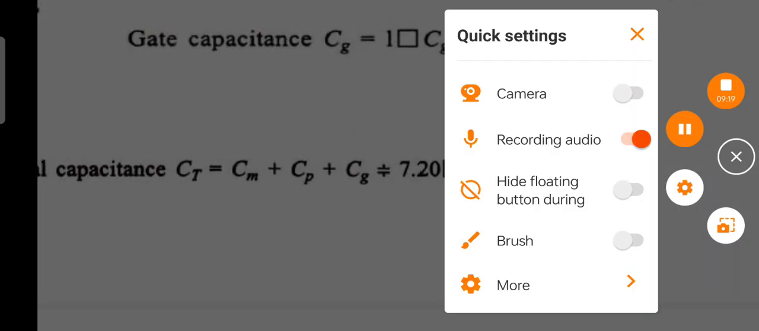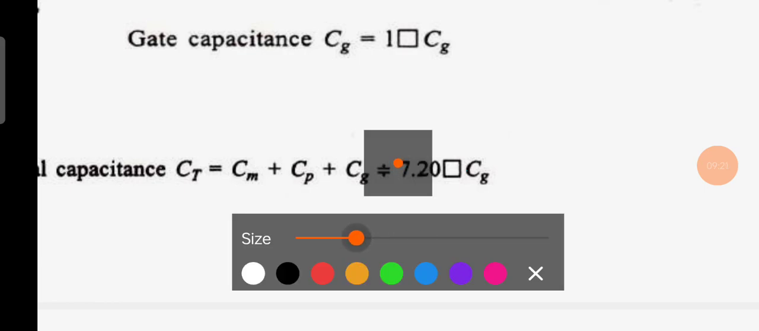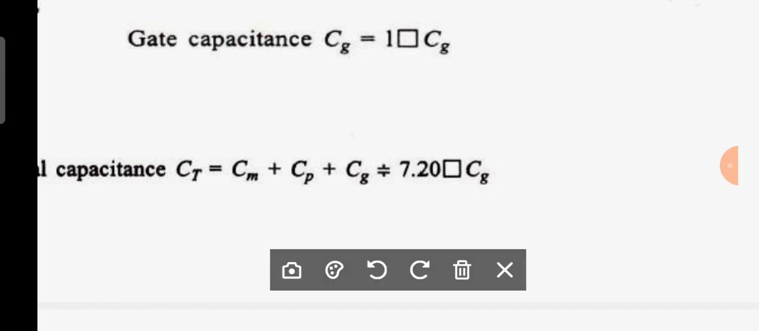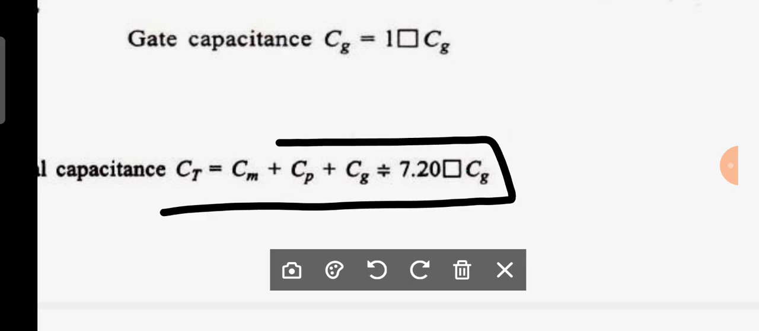Okay, now in this manner you can calculate the area capacitance. Okay, this is a very important topic from your external point of view,